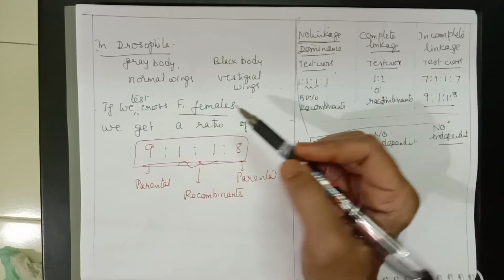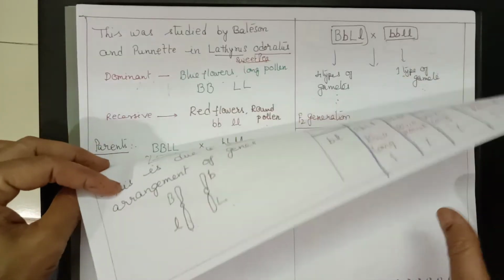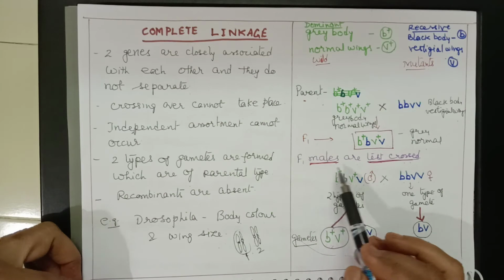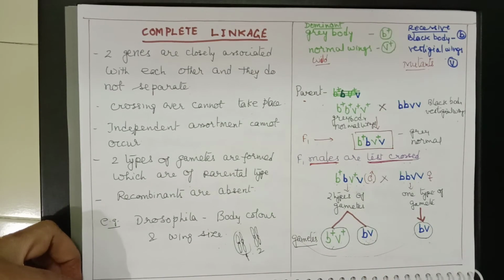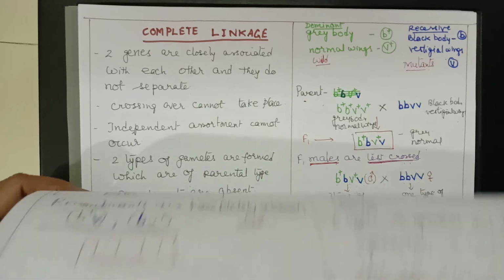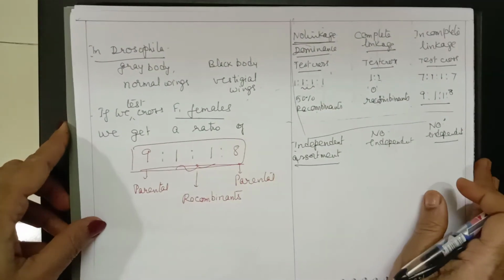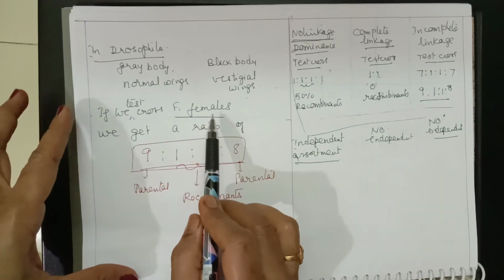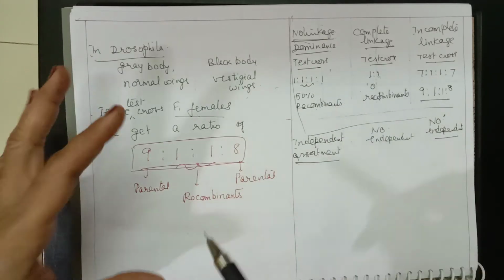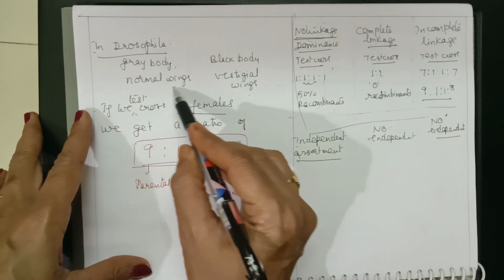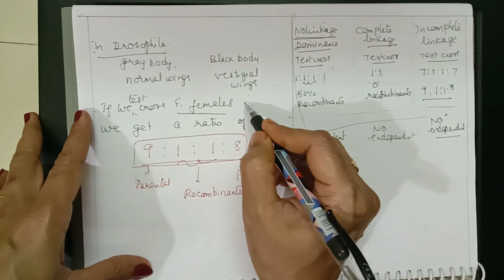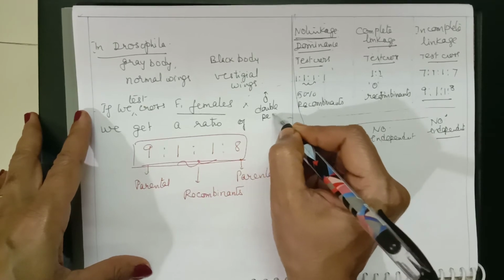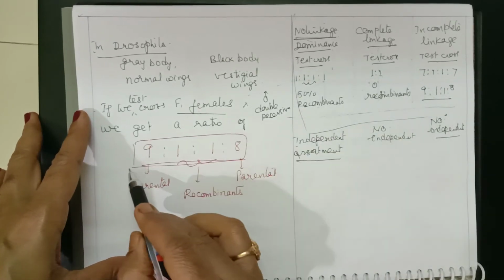So, as in the previous one when we were discussing complete linkage, we showed that F1 males test crossed gave a ratio of 1:1. Here, with the same characters, we take the test cross with F1 females. We take F1 as females and cross them with double recessive males. Then we get this ratio,